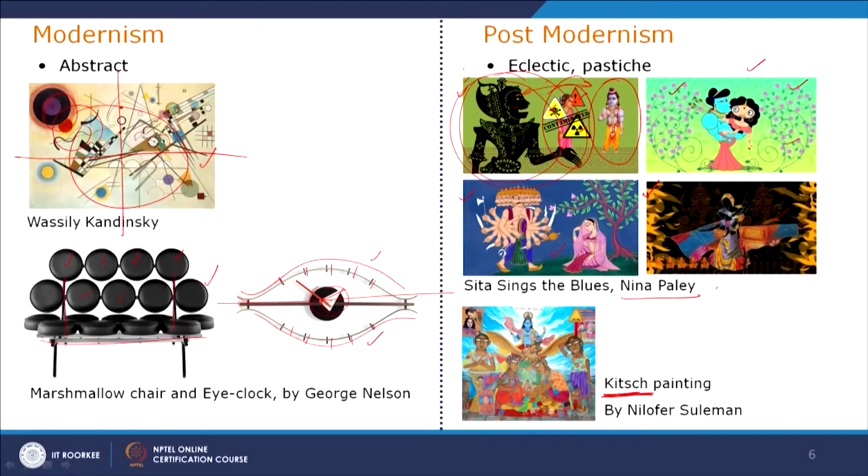This is also a quiche style of painting, by Nilofer Suleiman. If you look at this painting, again the calendar art will be seen, along with realistic characters. The calendar art is actually the poster behind this human figure. But the human figure looks very different from the calendar art. Then there's another poster which is also very different, and more figurative than the actual human being. So the same painting has different styles, and this is called quiche painting. We'll discuss the quiche style when we talk about the postmodern art movement in this course.